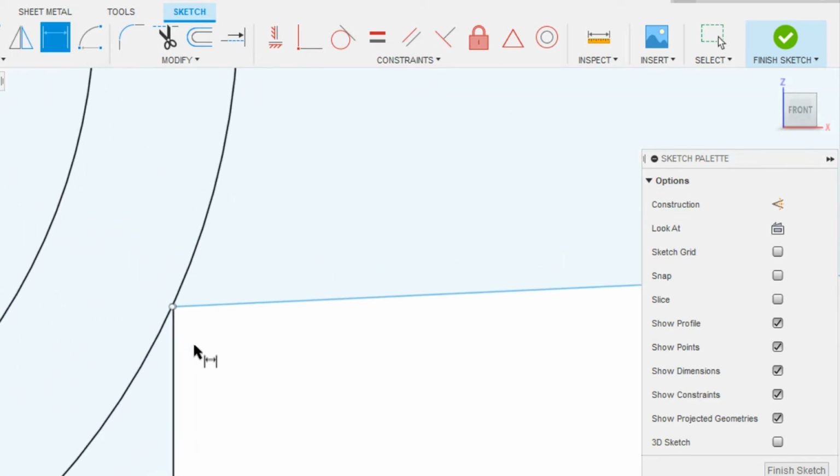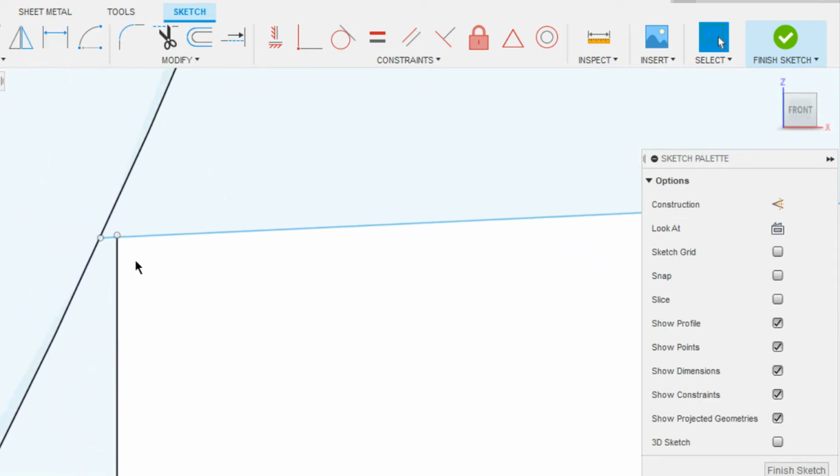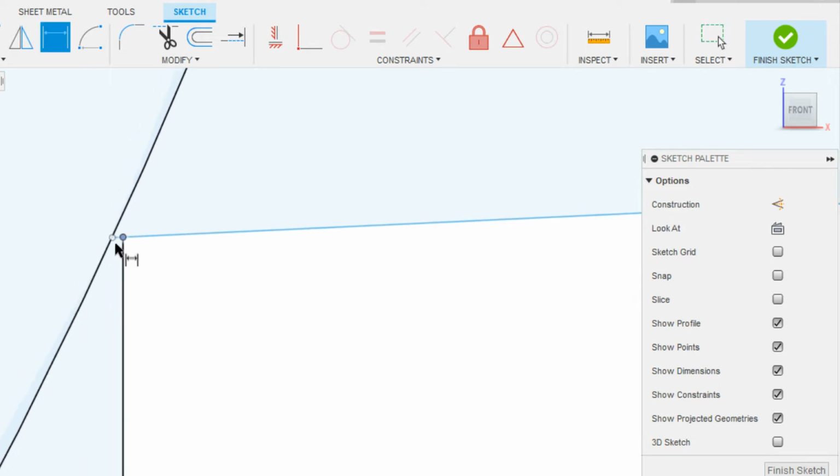Now I want to dimension these. If you observe here, it is not exactly coinciding with this line. I'm just gonna drag until it coincides with that line. Perfect. D on the keyboard.